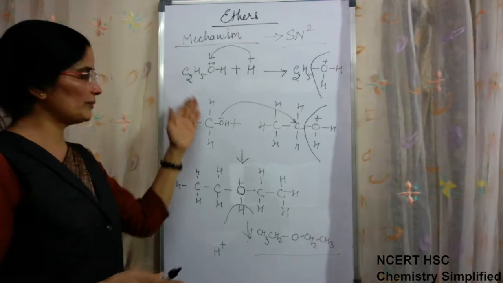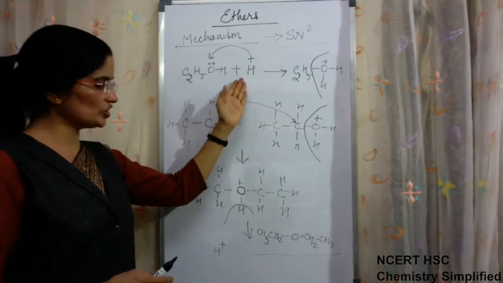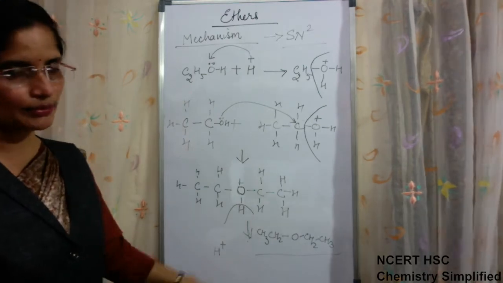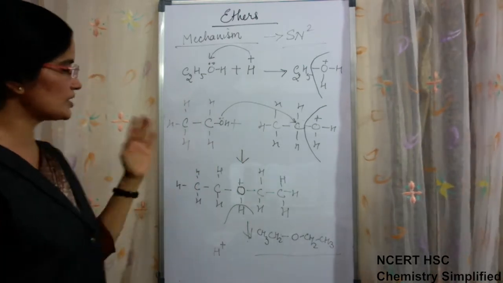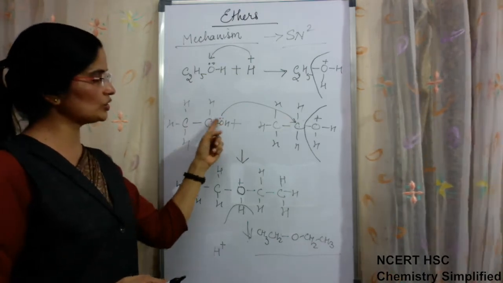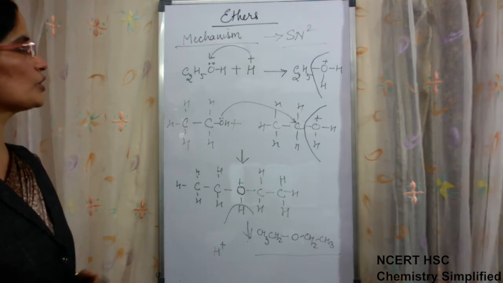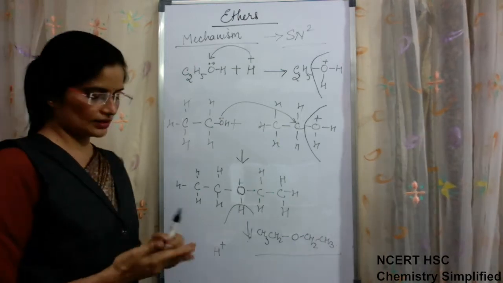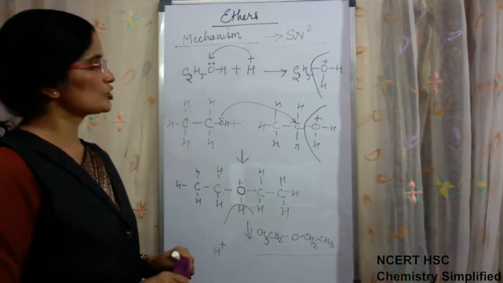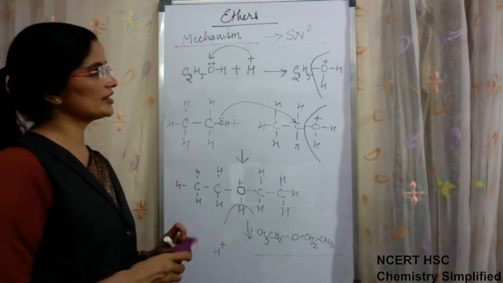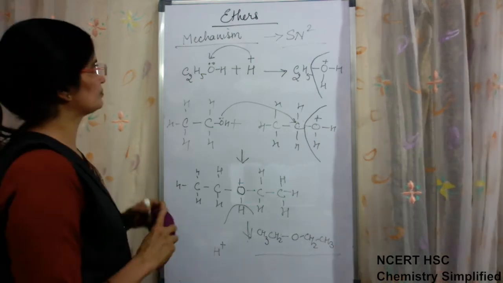So this is the total mechanism. First step in mechanism we always write protonation. The last step is always deprotonation, and in between there is nucleophilic attack. So this is nucleophilic attack of this OH on the molecule. Okay. So in mechanism these three steps are constantly coming. Clear? So this is the first method, dehydration of alcohol, along with its mechanism also.